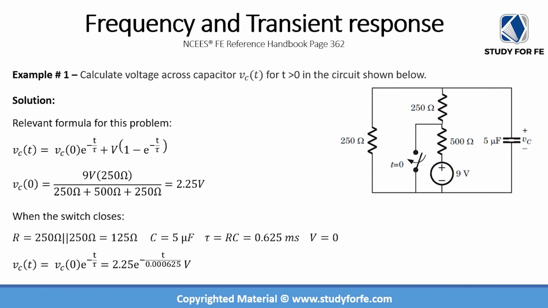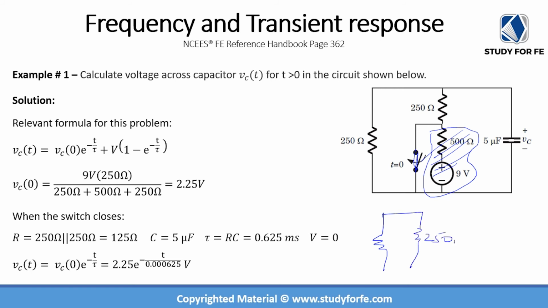So when the switch closes, it is important to understand how the circuit will look. When the switch closes, you can see that this entire portion of the circuit, which comprises the 500 ohm resistor and the voltage source, will end up being in parallel with the short wire. You know that when we have something in parallel with the short wire, we can actually ignore it, right? And so we can simply ignore this, and the simplified